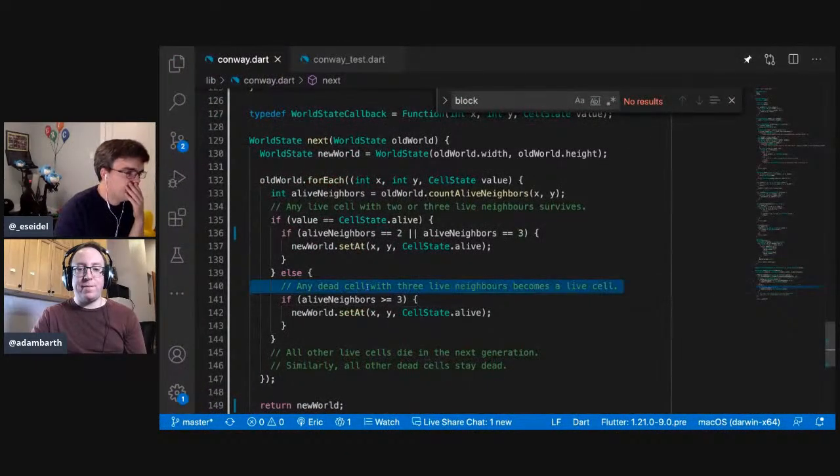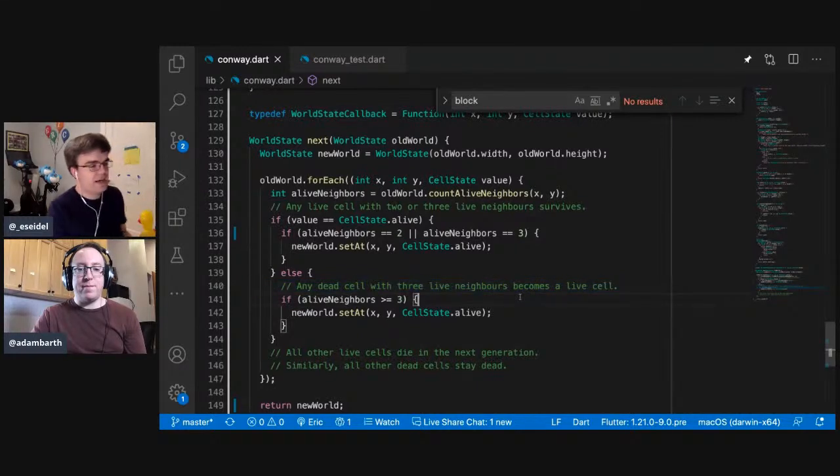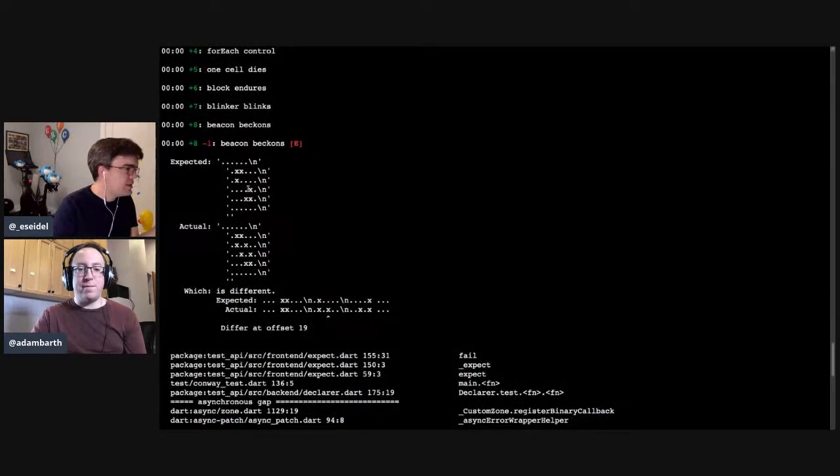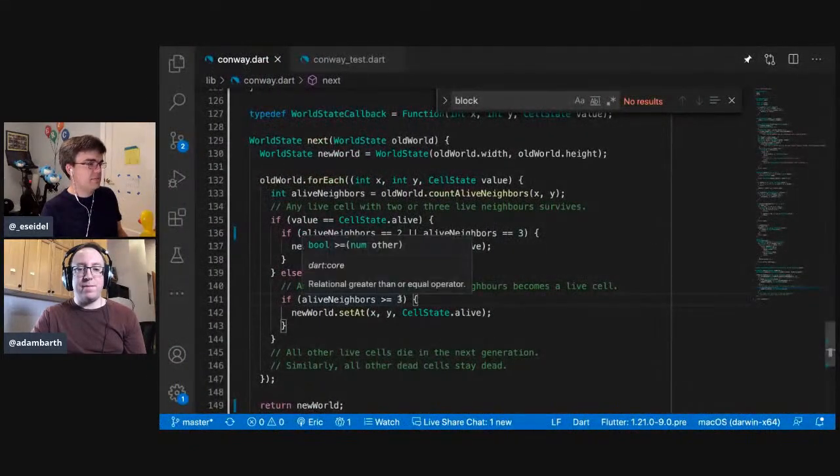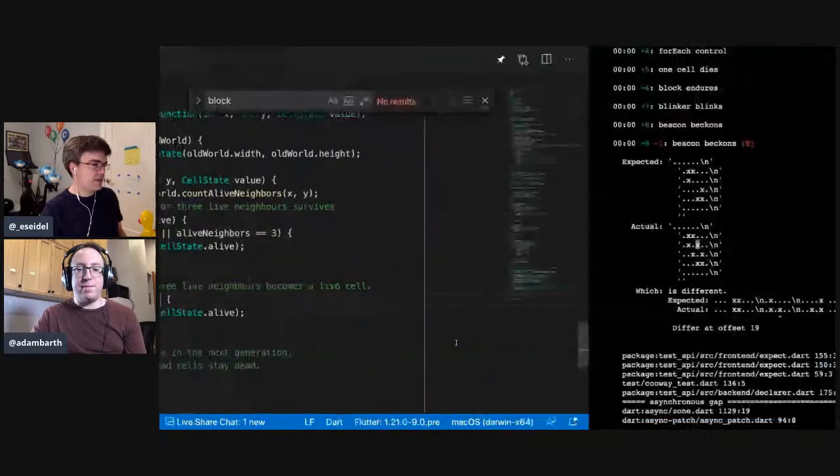Any dead cell with 3 live neighbors becomes a live cell. Well, this is exactly that bug that we're hitting. Because if we look back at what it was, well, neither of these is what it started as, right? But they started at these 2 blocks, right? So this one had many live neighbors, and it should have stayed dead because it should be exactly 3. I think we may need to test this more precisely than this.